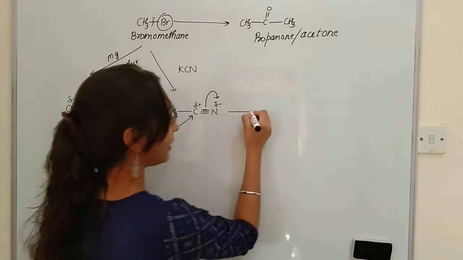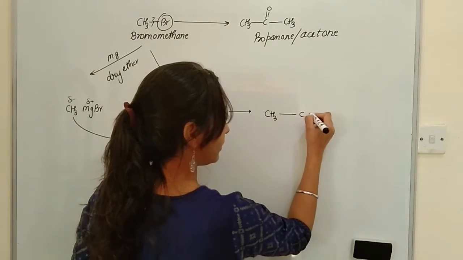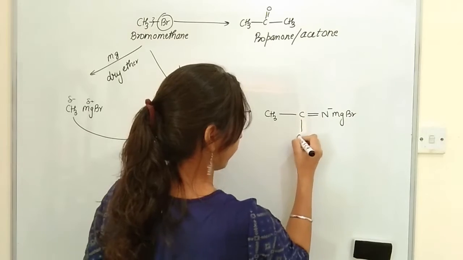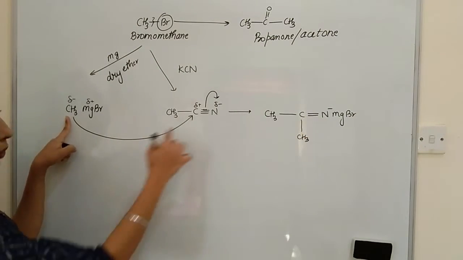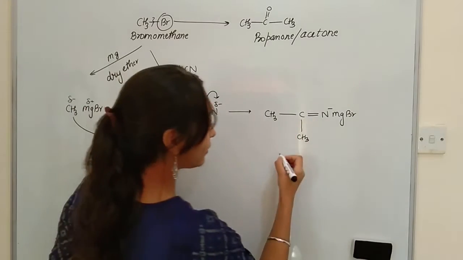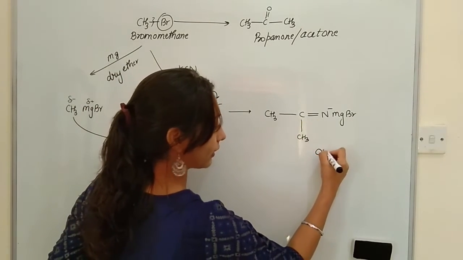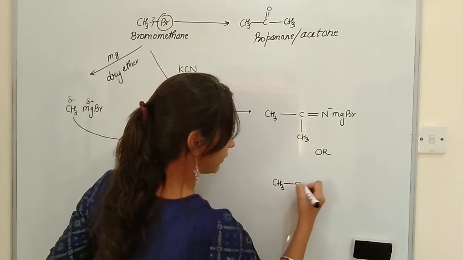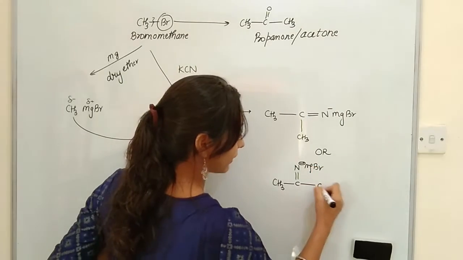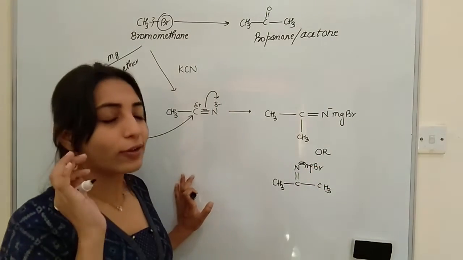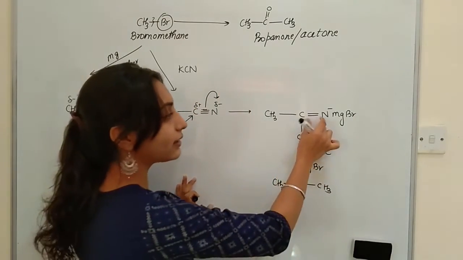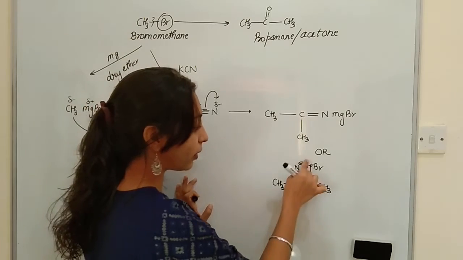Done? And this leads to the formation of CH3C double bond N minus MgBr, and 1 CH3 comes here. So CH3 from here goes to this carbon and NMgBr goes to nitrogen. That's it. You can also write it like CH3C double bond NMgBr and CH3. Now this is a very good thing, because whenever you see C double bond NMgBr,